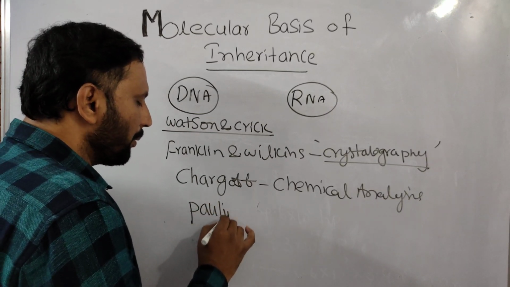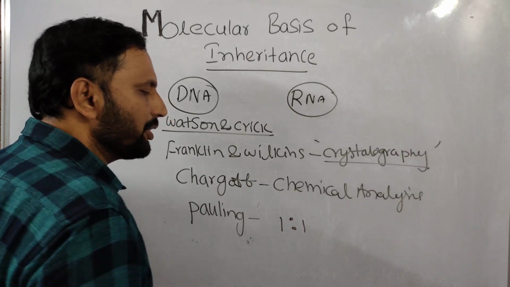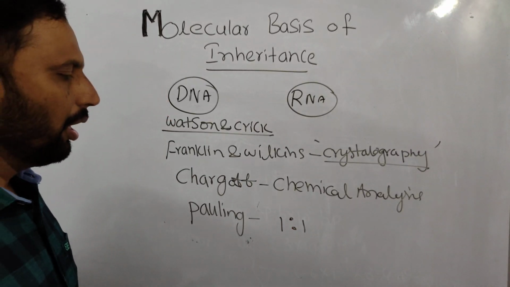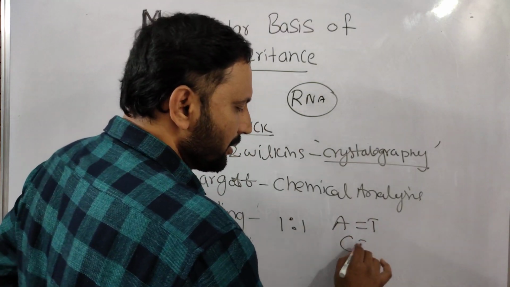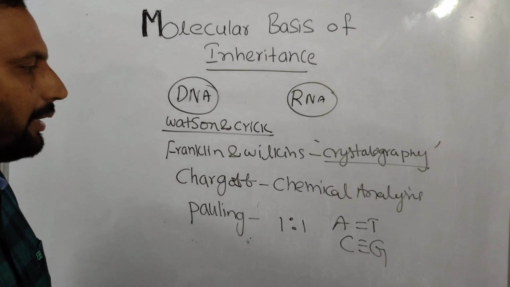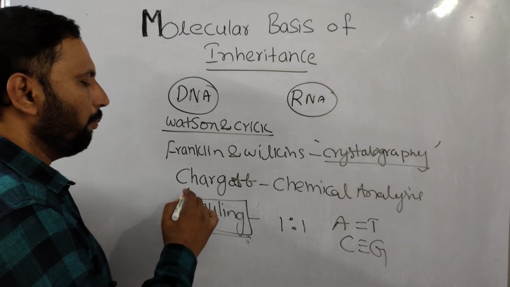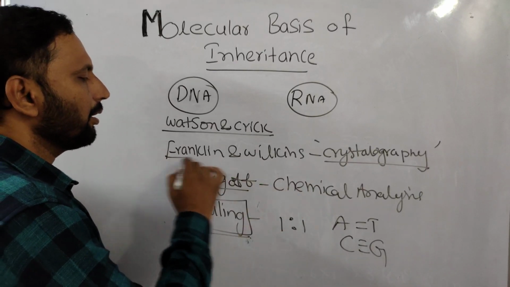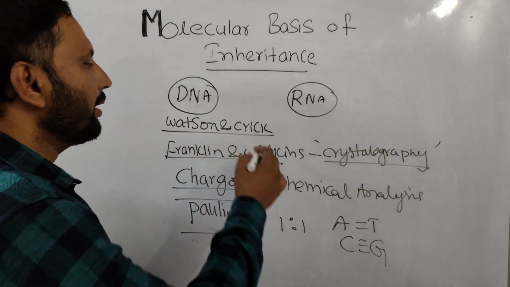What Pauling proposed is that purines and pyrimidines always exist in a 1:1 ratio. Adenine is always complementary with thymine by 2 hydrogen bonds. Cytosine is always complementary with guanine by 3 hydrogen bonds. That is the introduction about Pauling and Chargaff's chemical analysis, Franklin and Wilkins' crystallography technique, and the double helical model proposed